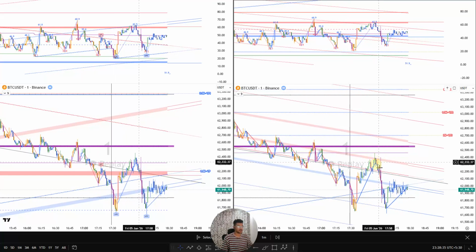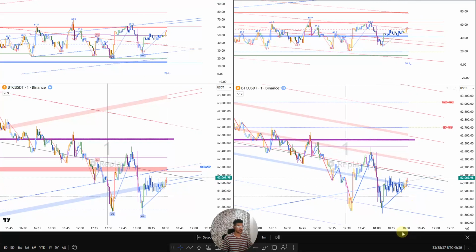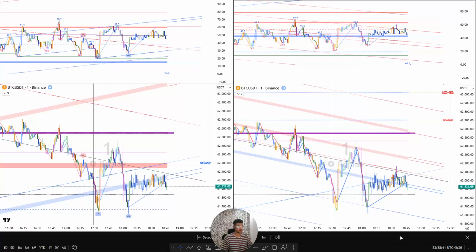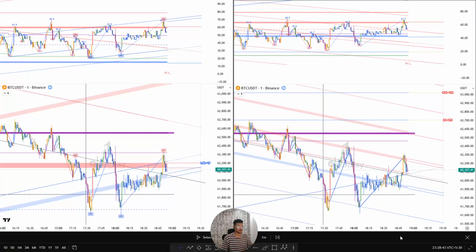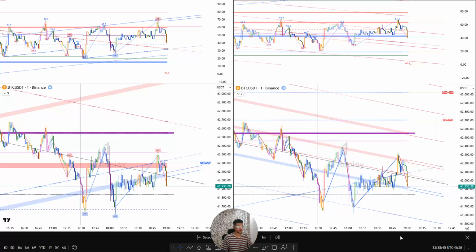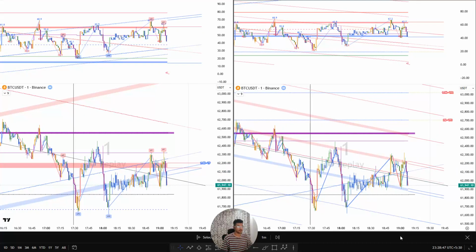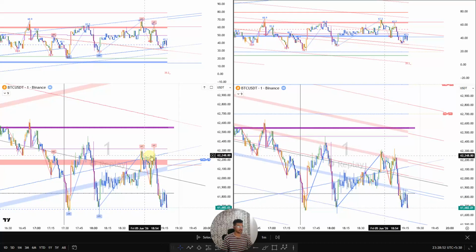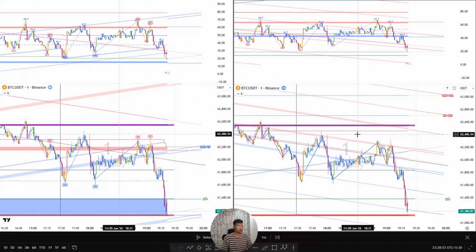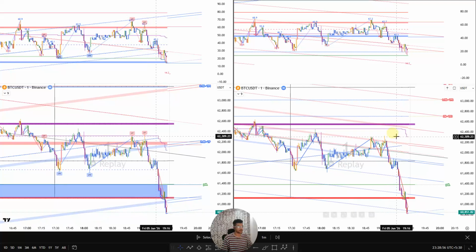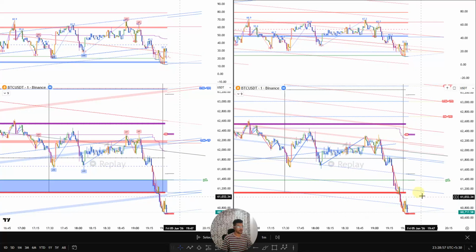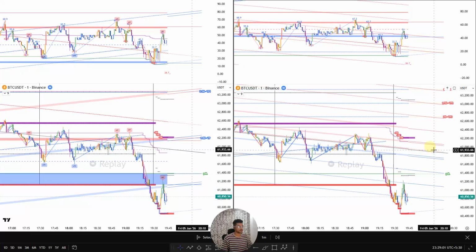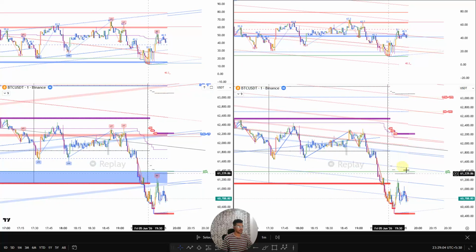Strong selling near the resistance. Again, resistance, upthrust, boom, made a new low, another breaking down action,